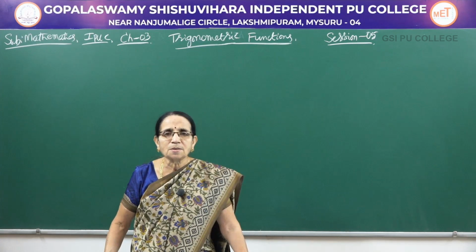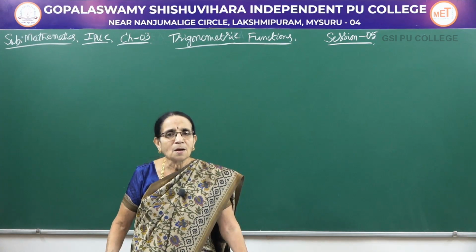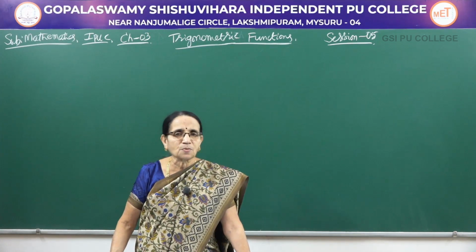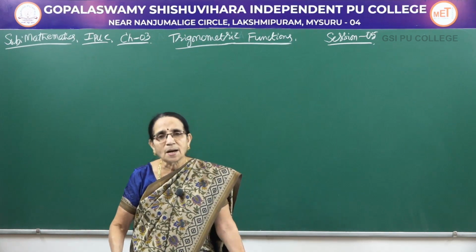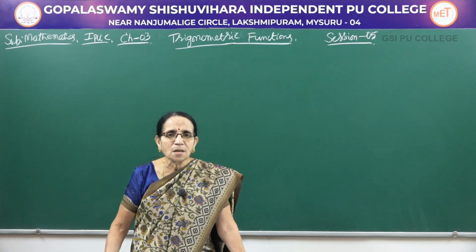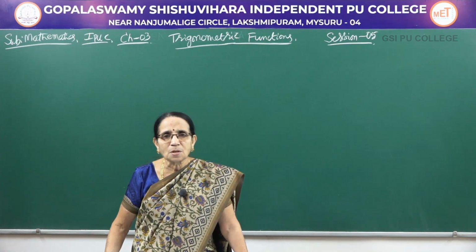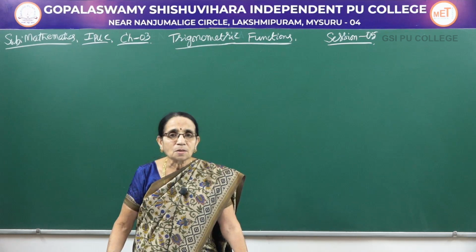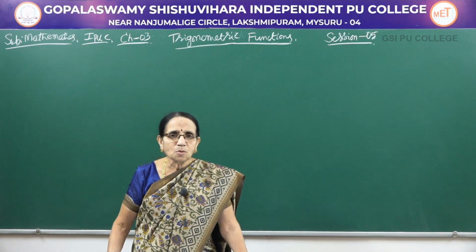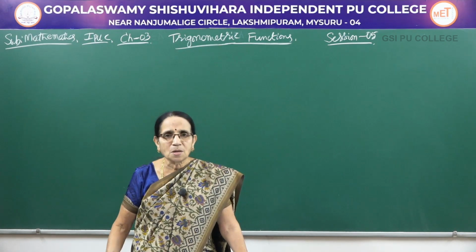So, sine and cosine, secant and cosecant, tan and cot are the 3 pairs of co-functions. Similarly, if the angle is expressed as 180 plus or minus theta or 360 plus or minus theta, the same trigonometric function continues. And the third rule, rule 3, gives you the sign of the trigonometric ratio.